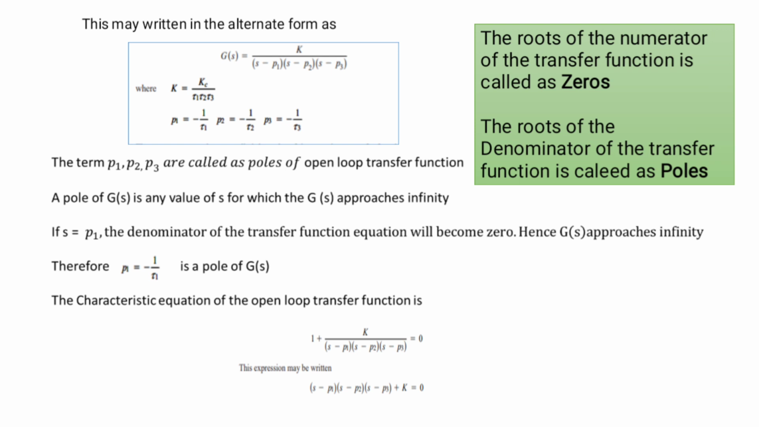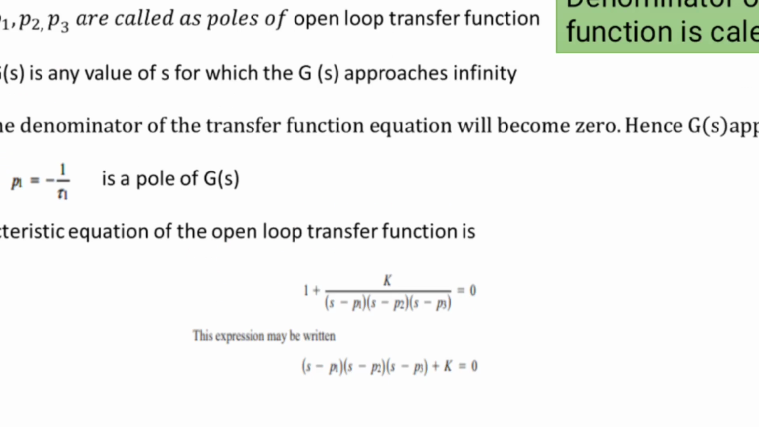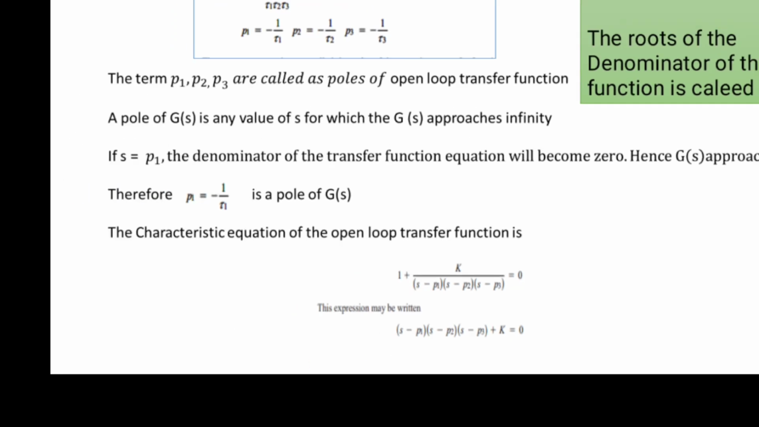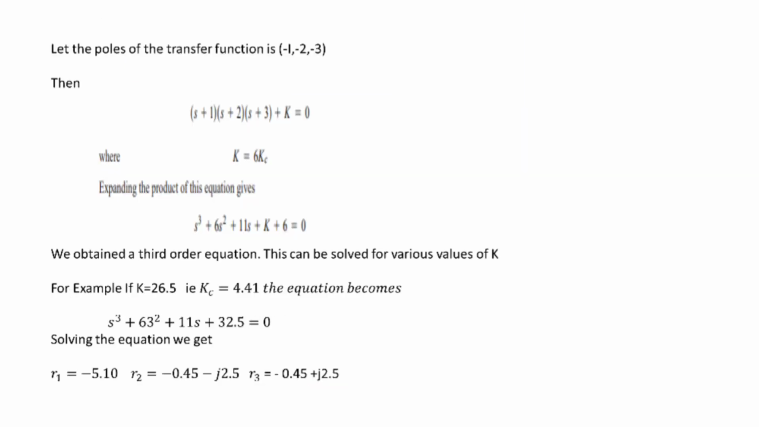The characteristic equation of the open loop transfer function is 1 plus K divided by (s minus p1)(s minus p2)(s minus p3) equal to 0. This expression can be written as (s minus p1)(s minus p2)(s minus p3) plus K equal to 0. So let the poles of the transfer function be minus 1, minus 2, minus 3. Then (s plus 1)(s plus 2)(s plus 3) plus K equal to 0, where K equal to 6